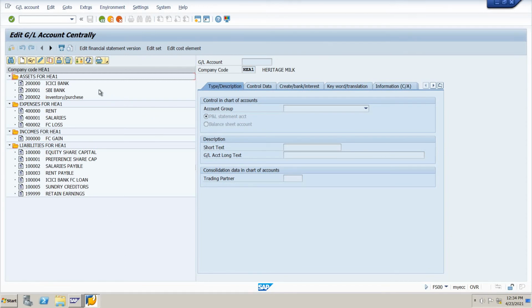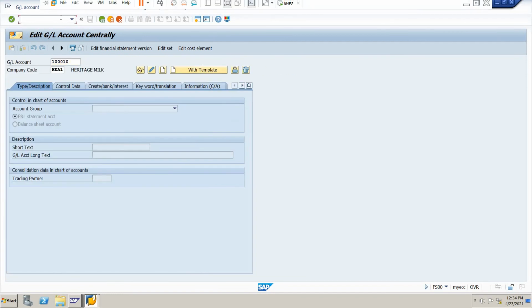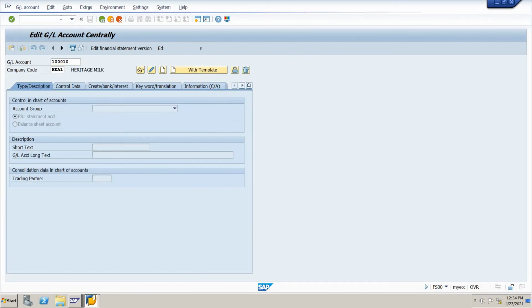It shows all. And I also explained these tabs. And okay, we need to close the GL account so that we can edit.